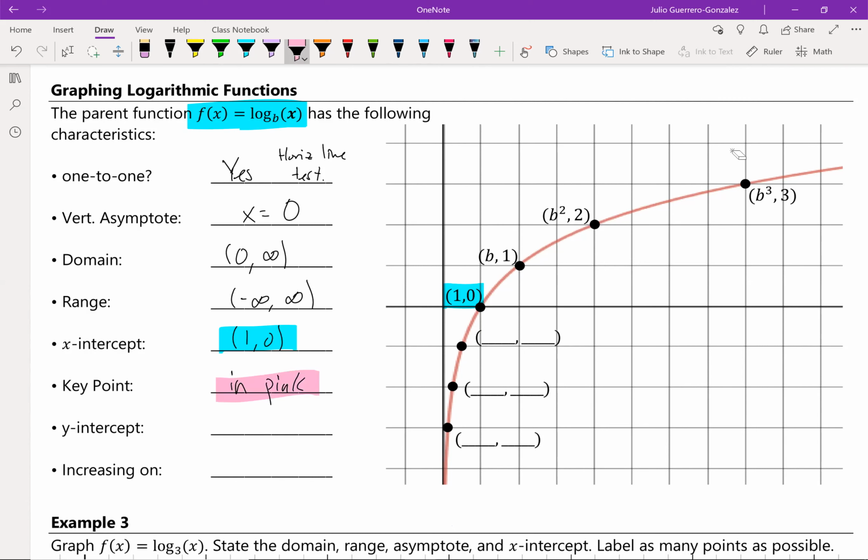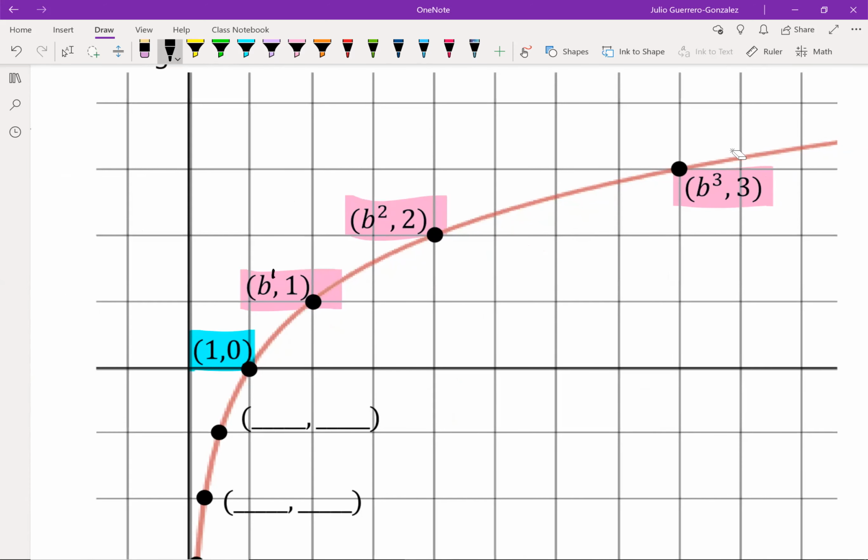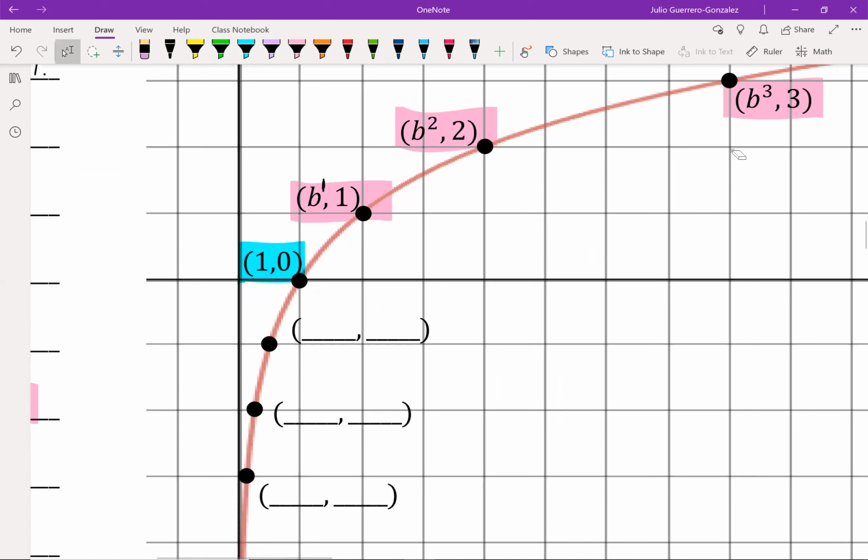I'm gonna put them in pink. It's all of those. So notice how these work out. The power of b: b to the 1 is 1, b squared is 2, b to the third is 3. So notice what it gives out. If you give it a value to some kind of power, it'll just give you the power back. Got it? There's b^1 giving 1, b^2 giving 2, b^3 giving 3. Right. So then down here,